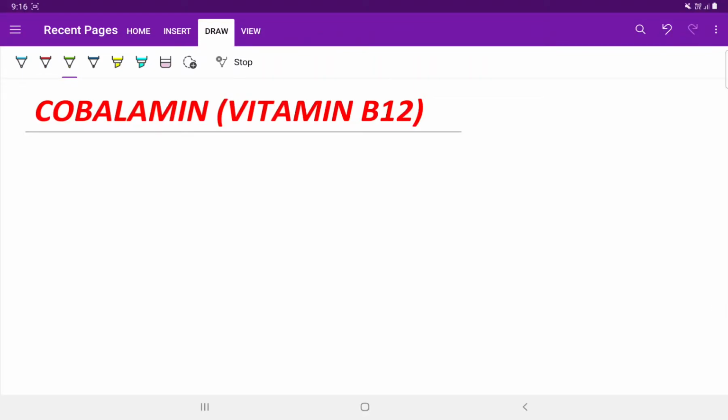Welcome students. So in today's class we shall be starting with our new topic of cobalamin or vitamin B12. It is also known as anti-pernicious anemia vitamin. So its other name is anti-pernicious anemia vitamin. So from its name it is clear that it is used to overcome the deficiency of